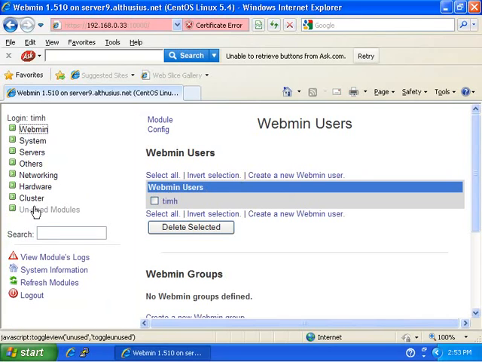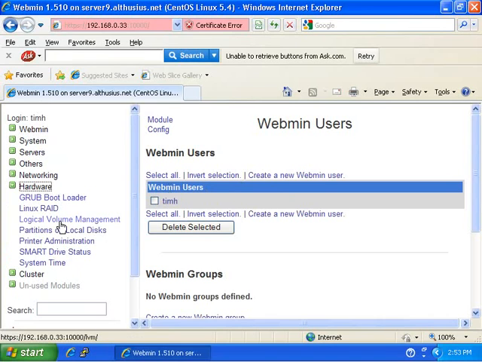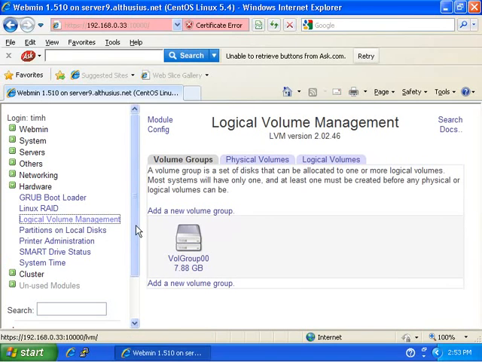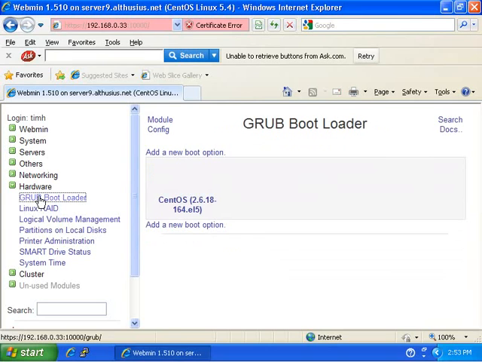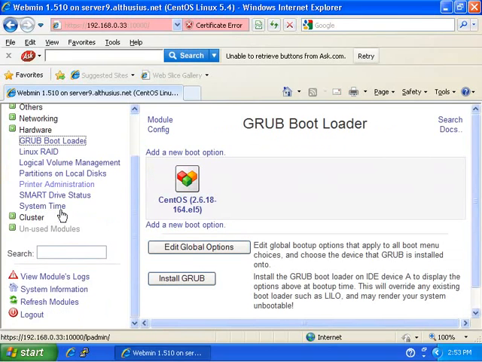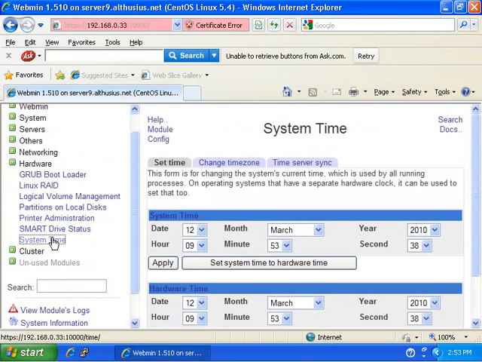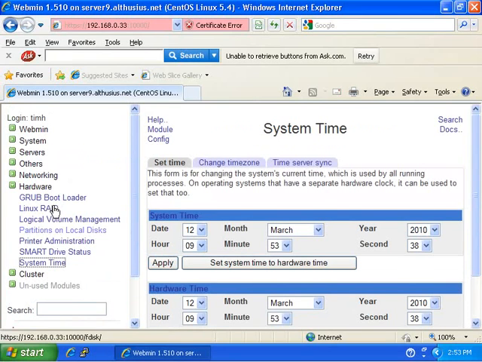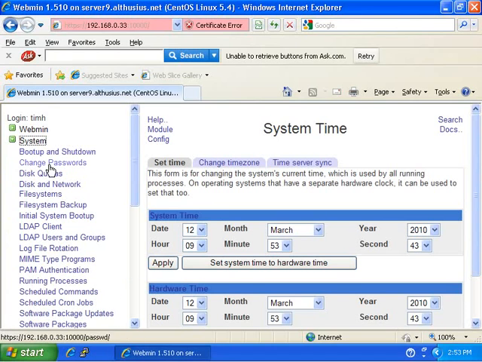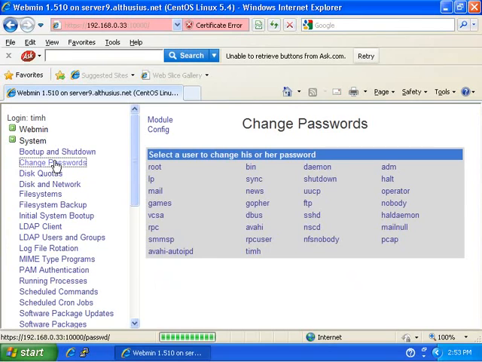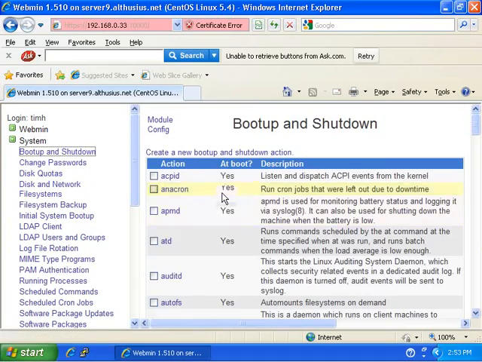There's just a quick overview here. There's tools here that you can use. There's even a graphical utility for managing your logical volume management, although you can't shrink drives while they're mounted. You can manage the bootloader and a lot of different things here, including your system time, which can be corrected and changed all from Webmin here. And there's multiple... You can set up disk quotas, you can change passwords for users, you can set up what service you want to start up